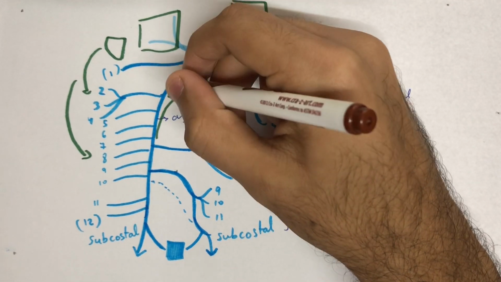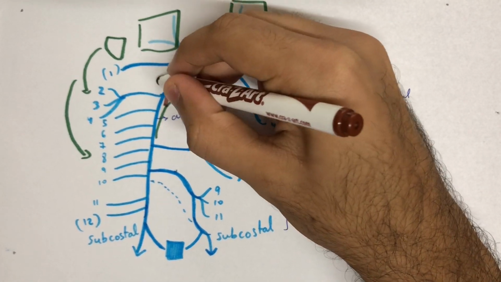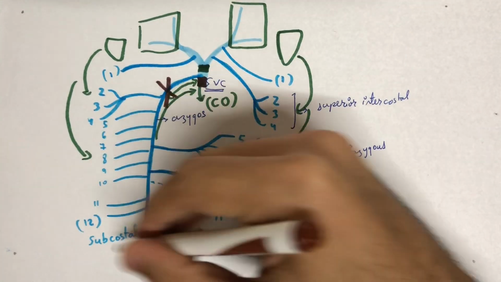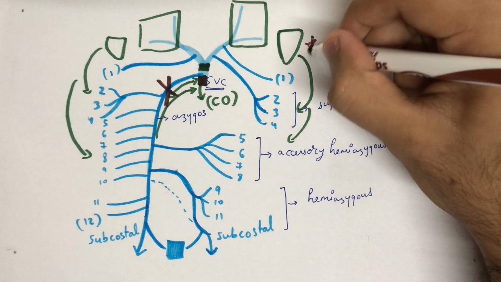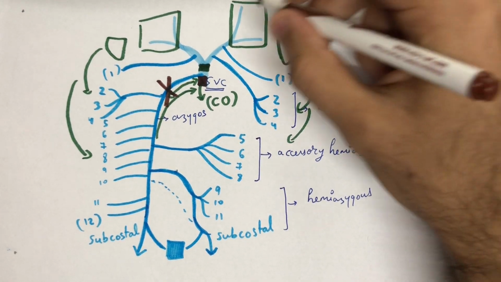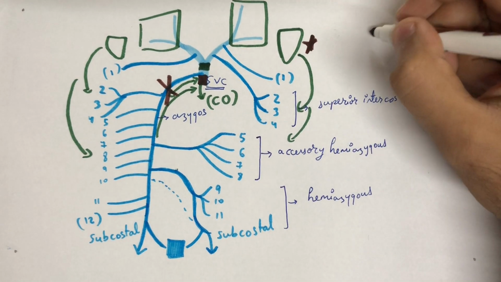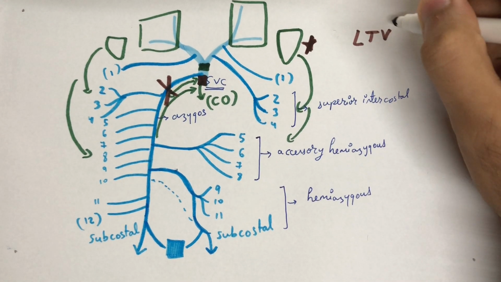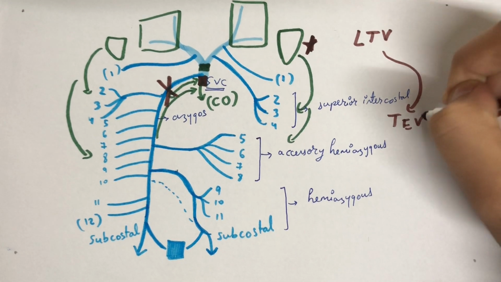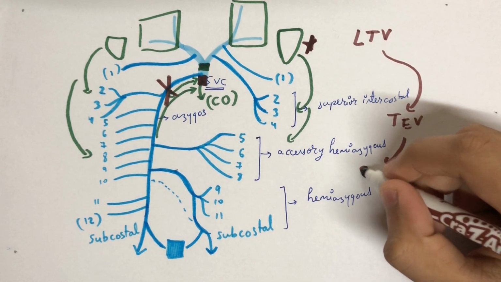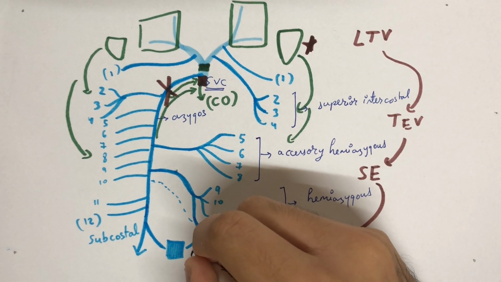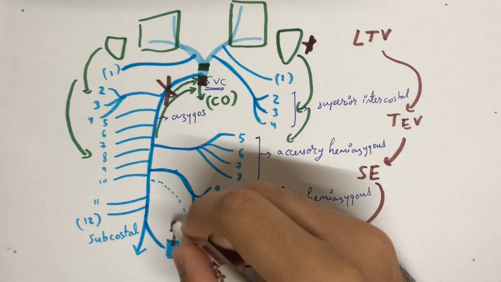With an obstruction of the IVC, even the azygous system will not be able to help maintain the cardiac output. As a result, from all these levels, the blood starts to move from the scapular anastomosis towards the axillary vein, and from which the lateral thoracic vein drains into the thoracoepigastric vein, communicating with the superficial epigastric and finally draining to the IVC, maintaining the cardiac output.